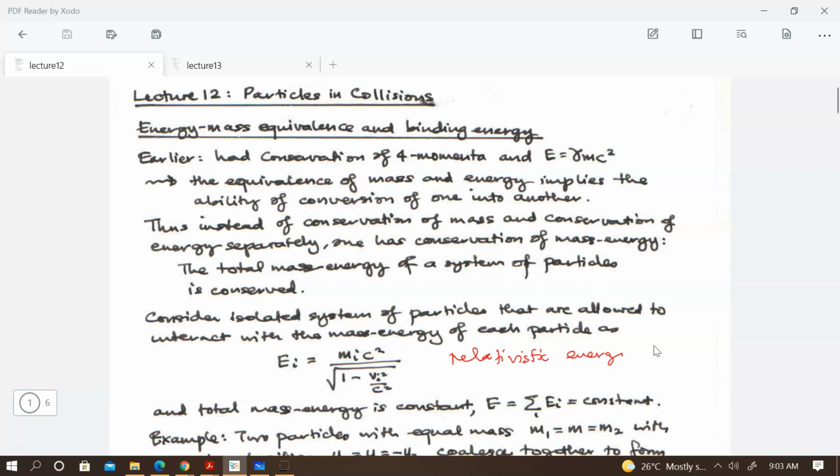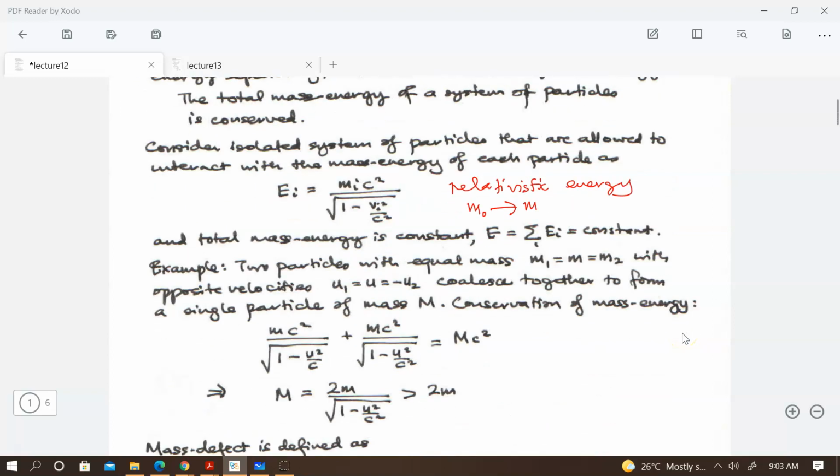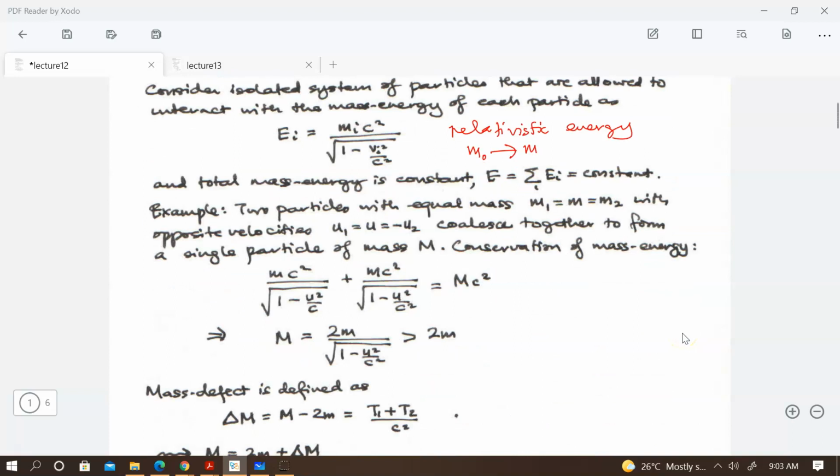And from now on, your indices in your M over here, I will no longer write M naught. Okay. M naught used to be your rest mass, but now I will just simply replace by M. And if there are more than one particles, then I just use a subscript i. Okay. So we have gone to this part. Okay. Here essentially we look at the